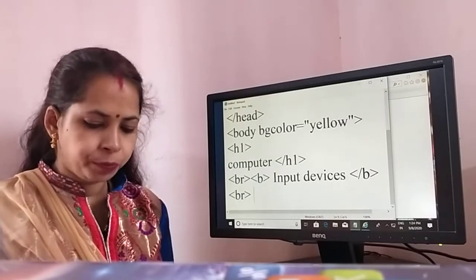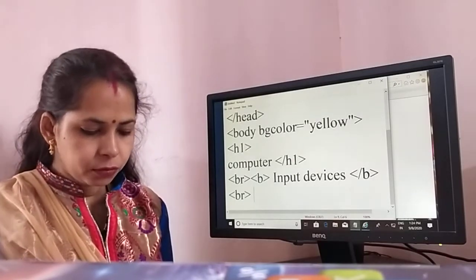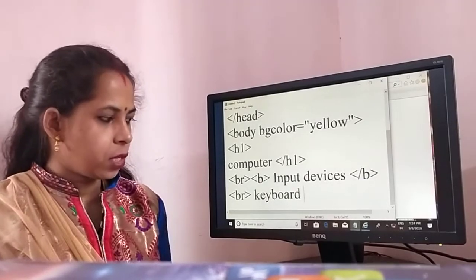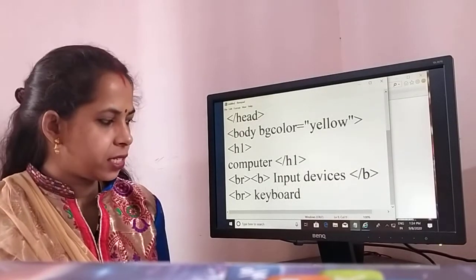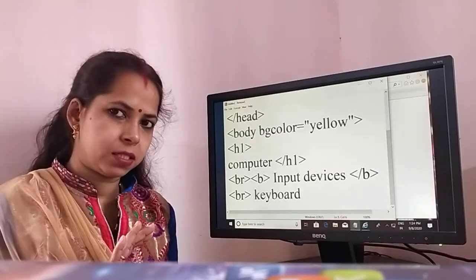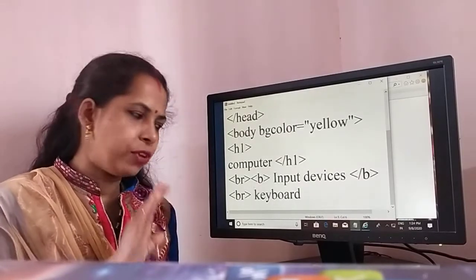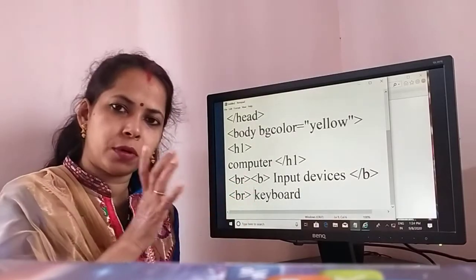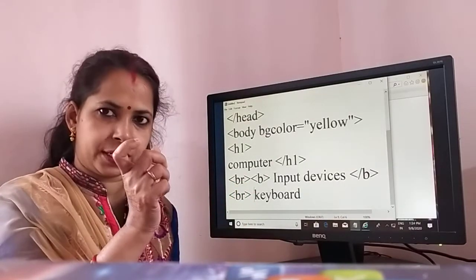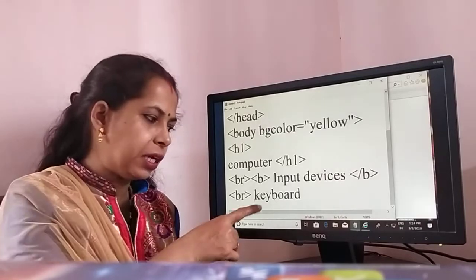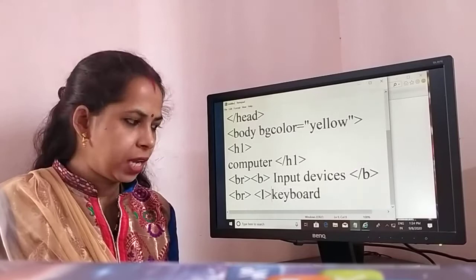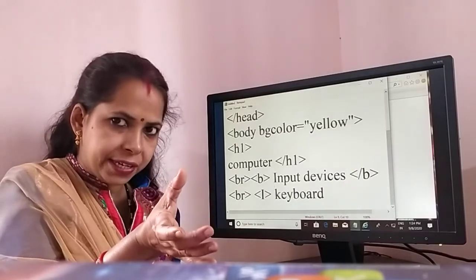Here I write keyboard. In the previous class we learned bold for dark letters, but if we put I for italic, then that word is italic.